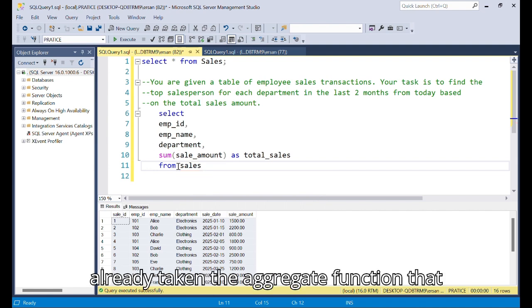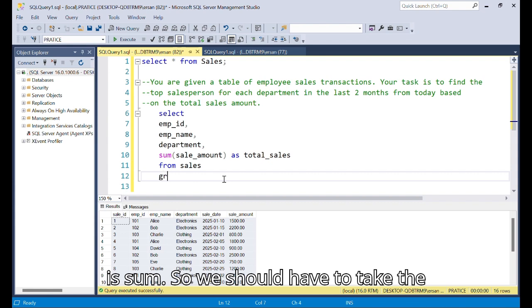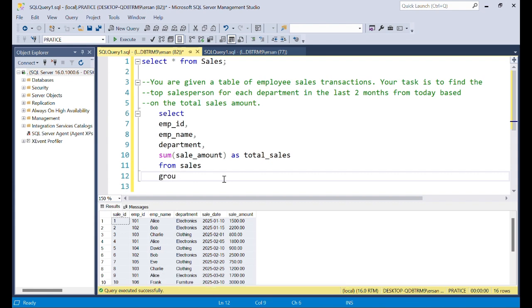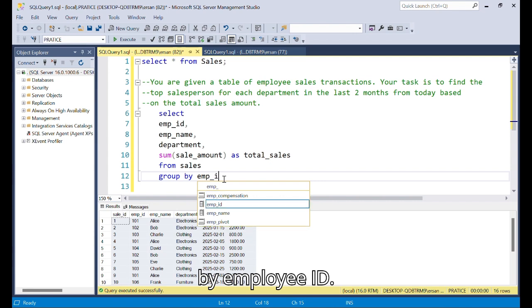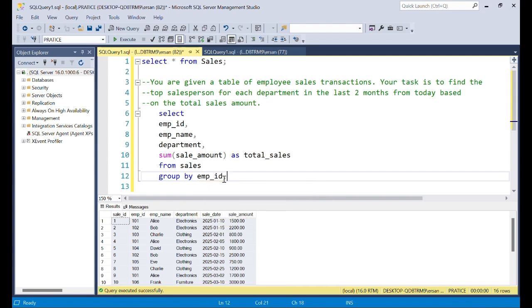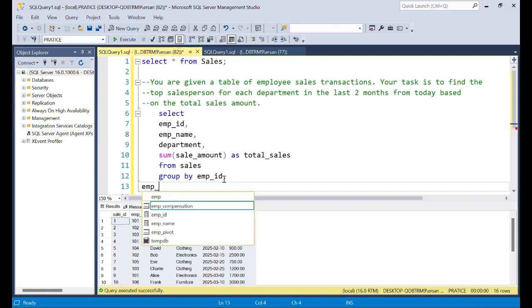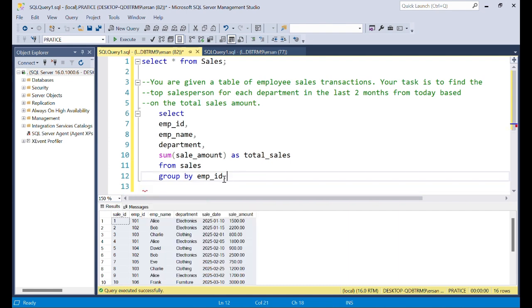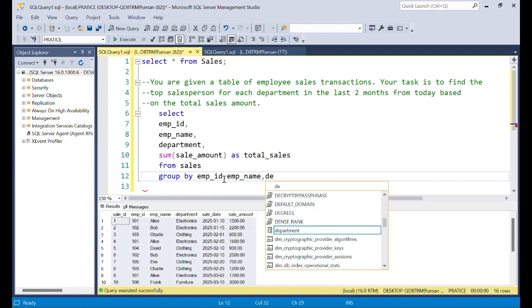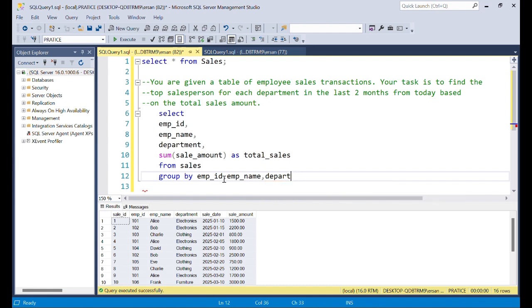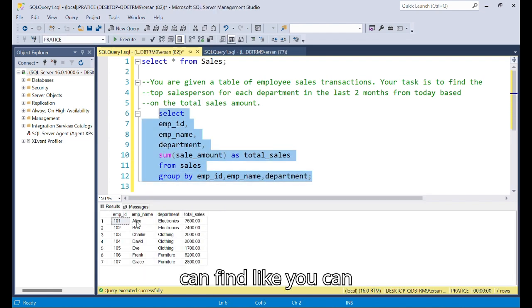As you have already taken the aggregate function, that is sum, we have to take the group by function here. Group by employee ID, employee name and department. If we do like this, we can find, as you can see here, 7600, 7400, but we have to calculate